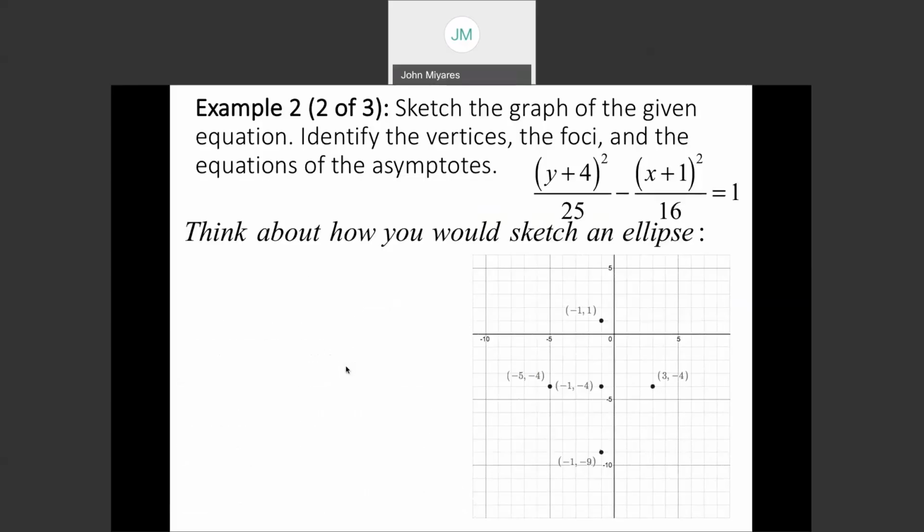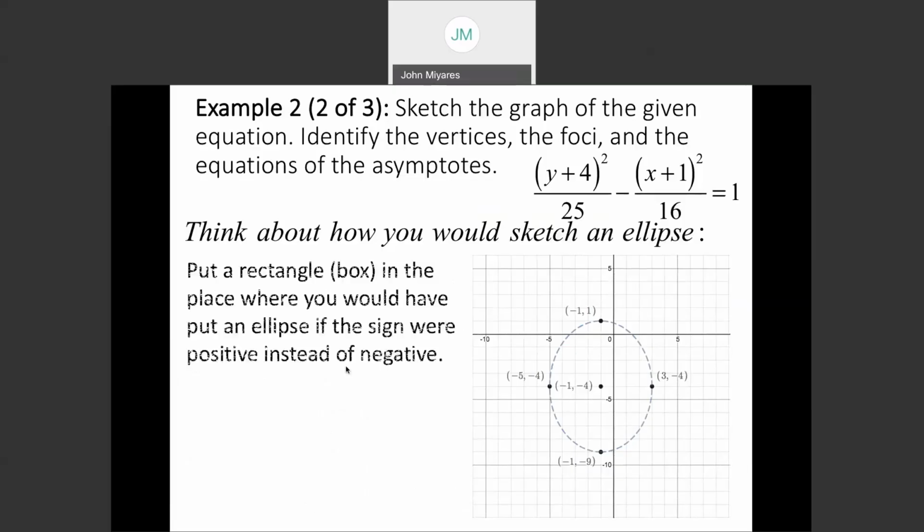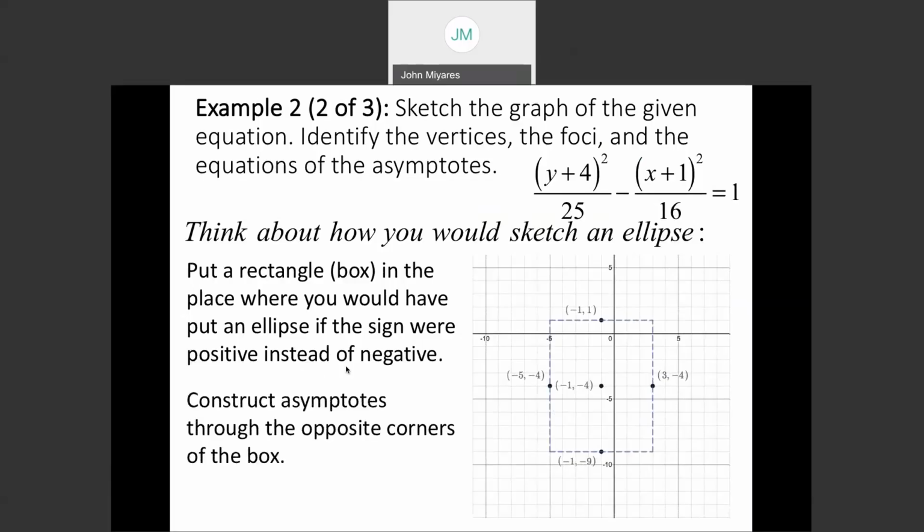Now again, if I were drawing an ellipse, we would want to draw our sketch through these 4 points. But instead, we're going to be putting a box in here in the place of the ellipse that we would have been drawing. So again, where in section 11.2 I would have drawn an ellipse here, we're going to put a rectangle instead. With this box in place, we can construct asymptotes through the opposite corners of this box. And based on how the box is constructed, the slopes of the asymptotes will be b over a and -b over a, and intersect each other